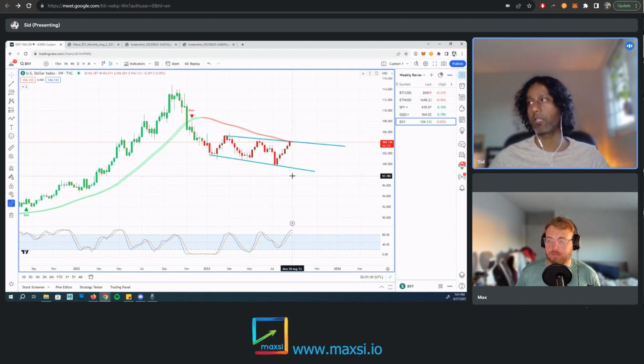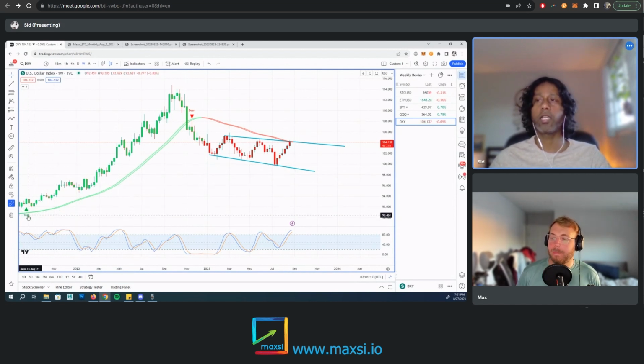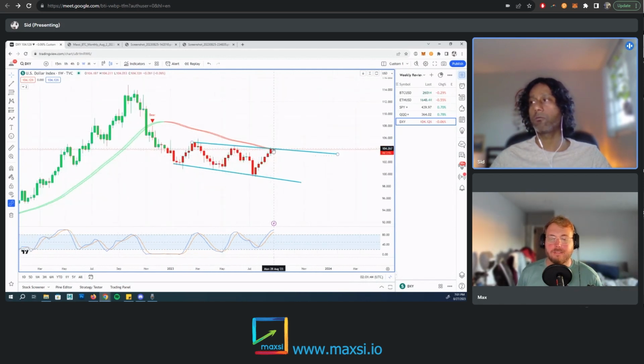So the DXY, it did reach that's the indicator that we have. That's a custom indicator. It's called the Maxsi Trading Buddy, and how it works is that a bull signal and a green band means we're going to be in a bullish trend or an uptrend, and if we get a bear signal and a red band, it means that price is going to be in a downtrend or a bearish trend. So we did see it top out, and then it's been in this channel that we see now, and now we've reached the